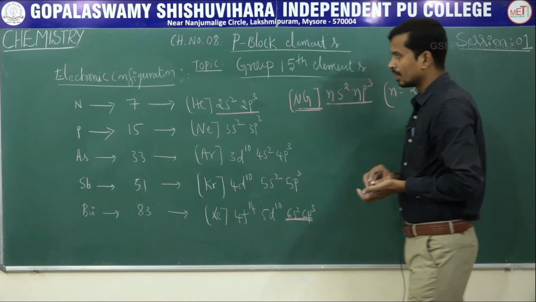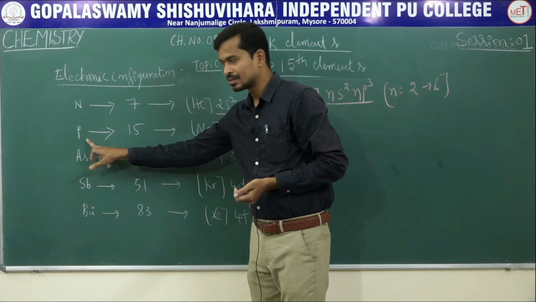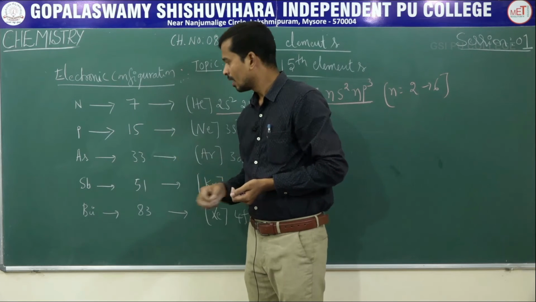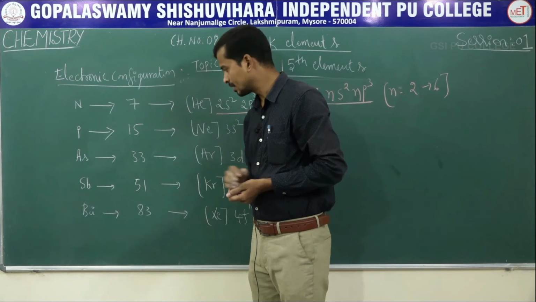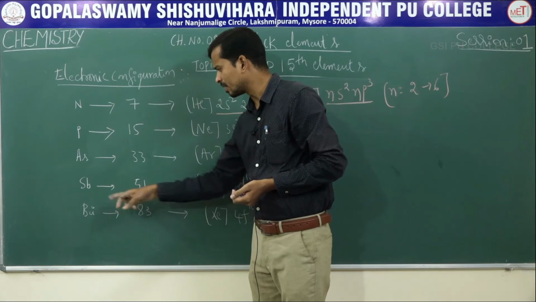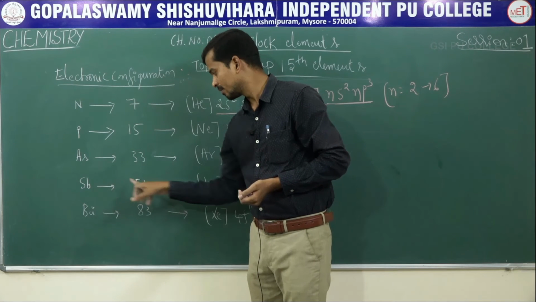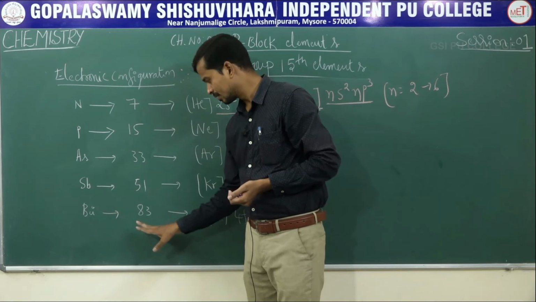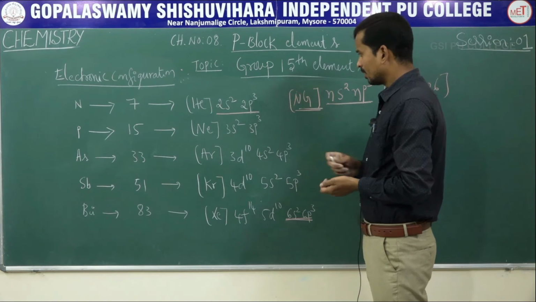Clear? Nitrogen atomic number 7, phosphorus atomic number 15, arsenic atomic number 33, antimony atomic number 51. Sb is also called stibium. Okay, 51, and bismuth has atomic number 83. But in your exam